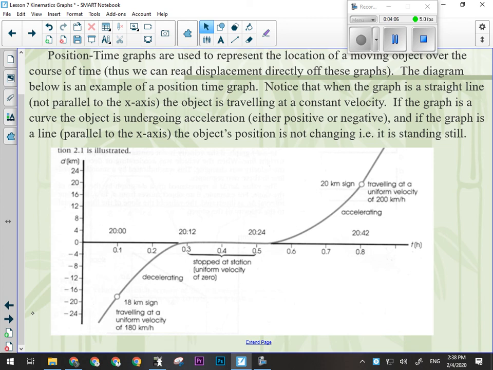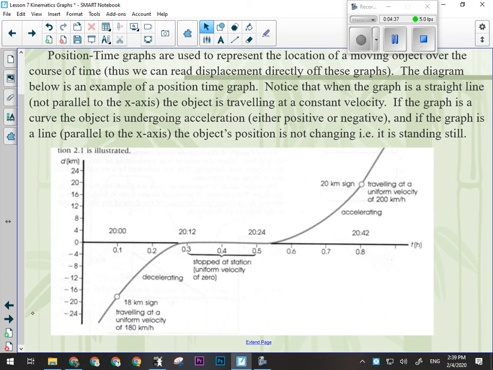No. If the slope of the line is changing, and that's what's happening when you have a curve, then you know that the rate at which it's changing whatever's on the y-axis, in this case position, is changing in a non-uniform manner. That means that this object is slowing down, because the amount of change in position each second gets less and less and less until it becomes